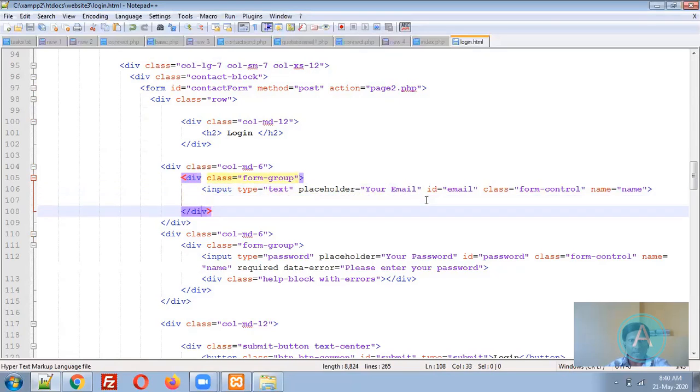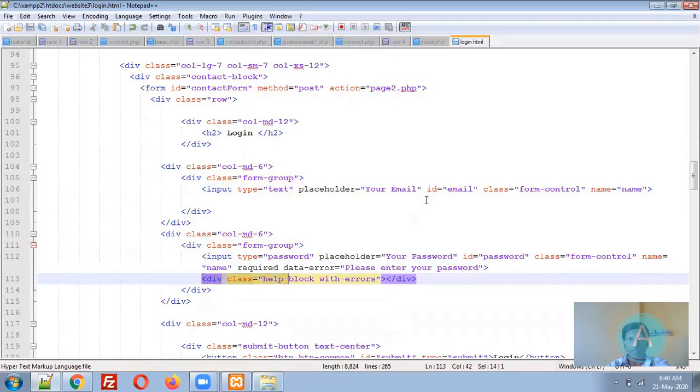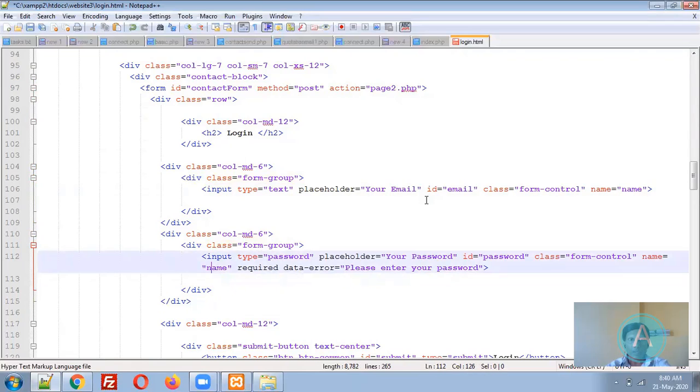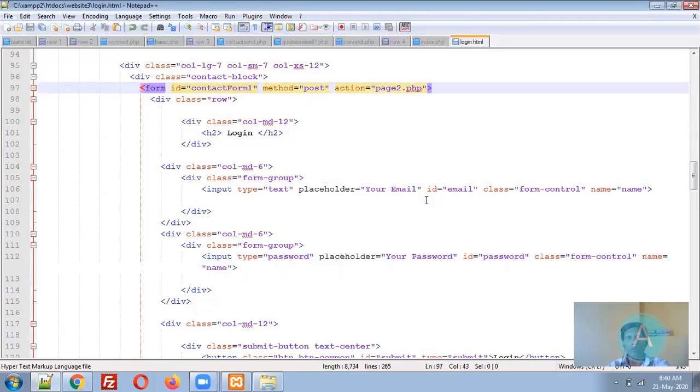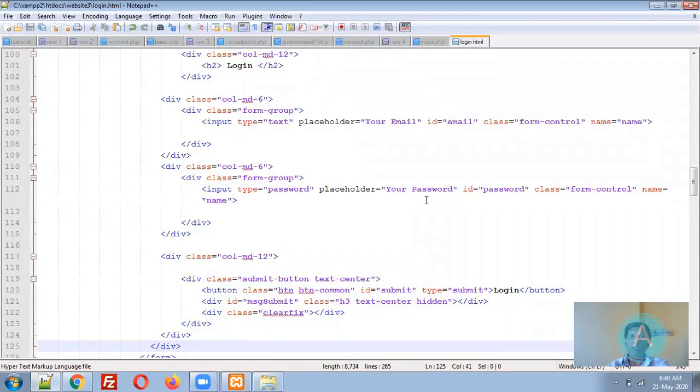We can change this particular ID name to something else so that the validation can stop working, because they have bound some things in JavaScript.